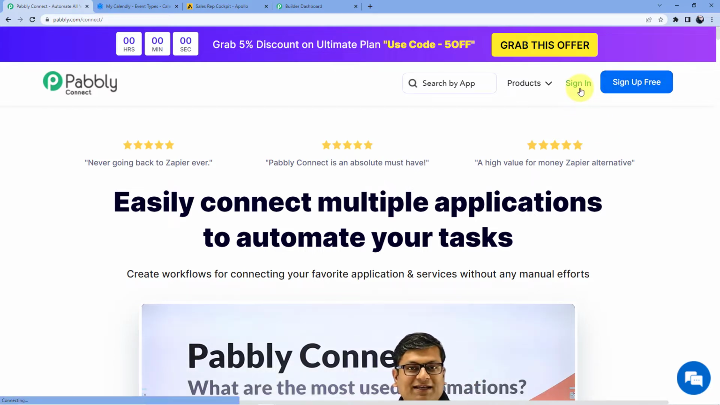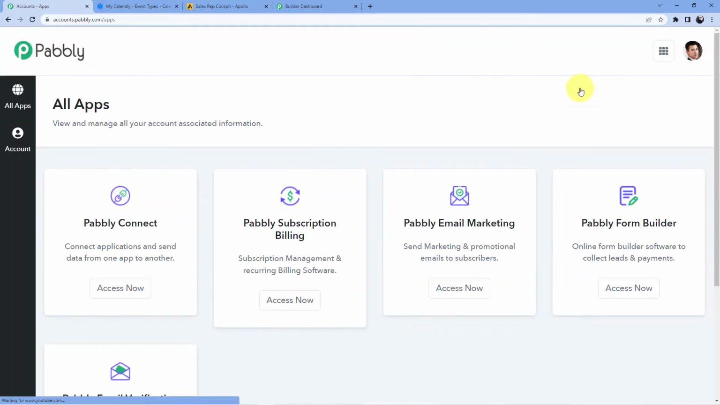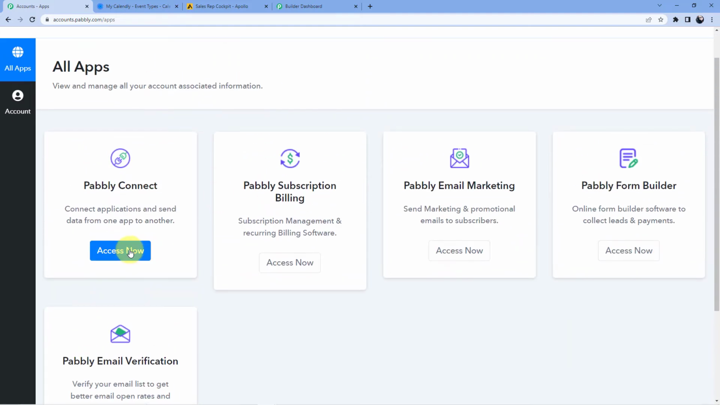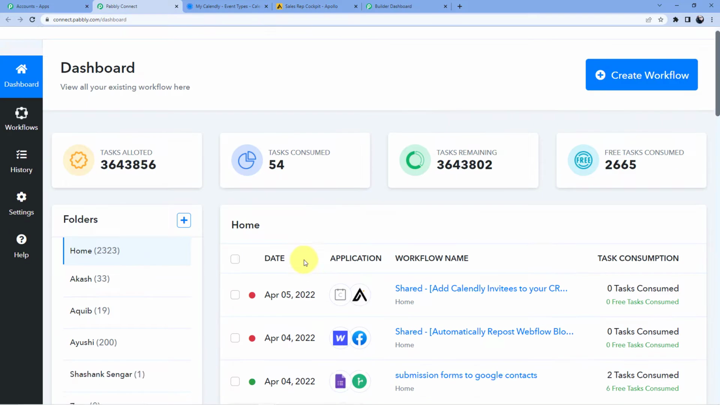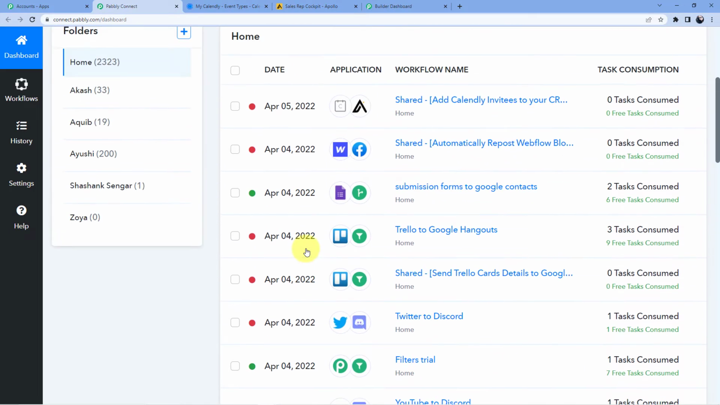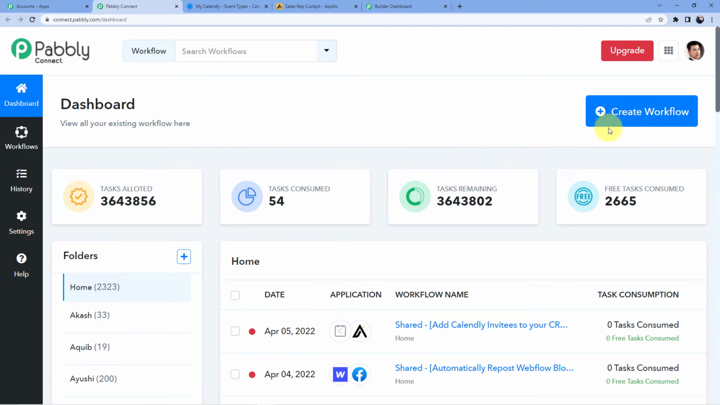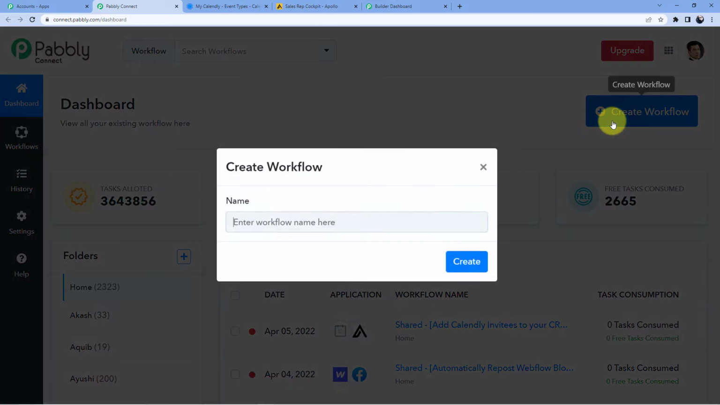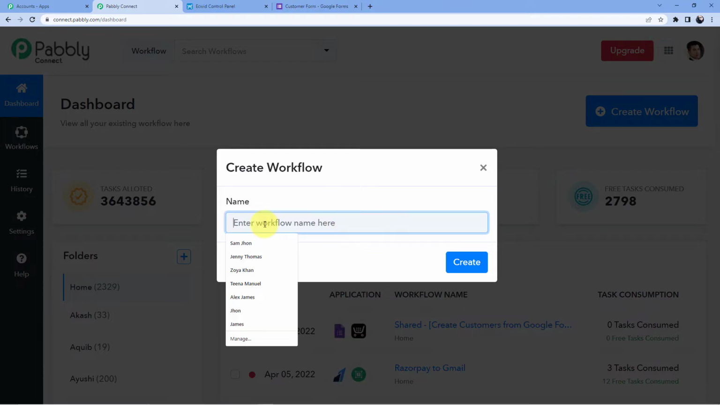So I already have an account here, so I'll just go for sign in. And here I'm just going to click on access now for Pabbly Connect. Now here you can see, as soon as the window opens, I have all these automations here which I have made. Now I'm just going to go on create workflow and give my workflow a name. So now we will name it Google Forms to